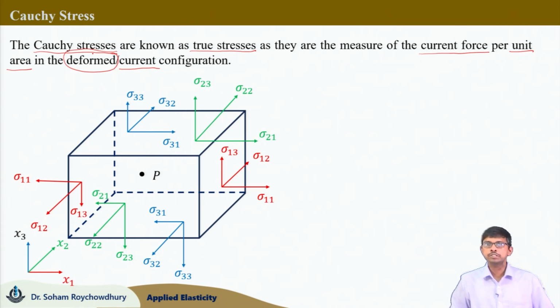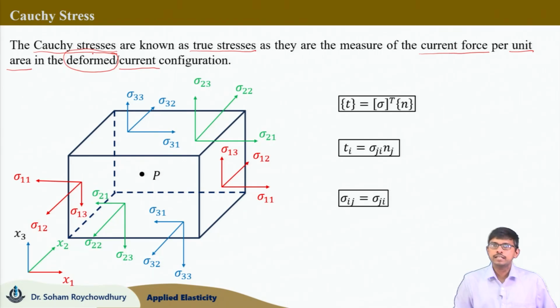The force which we are considering is the current force acting on the current configuration and defined per unit current area. So, we are considering the force acting on the deformed configuration per deformed surface area, and that is defined as the Cauchy stress. This measure is also called true stress because we are considering the deformed surface area, not the original or undeformed surface area. In undergraduate solid mechanics you must have heard about the difference between the engineering stress and the true stress. Engineering stress takes care of the undeformed surface area, whereas true stress takes care of the deformed surface area, as the Cauchy stress is defined as the current force per unit deformed surface area. This is a measure of true stress.